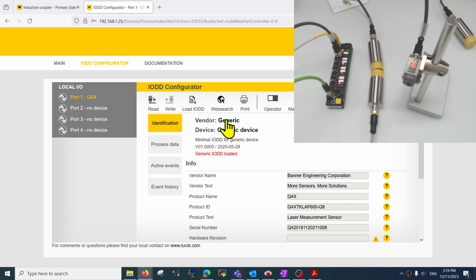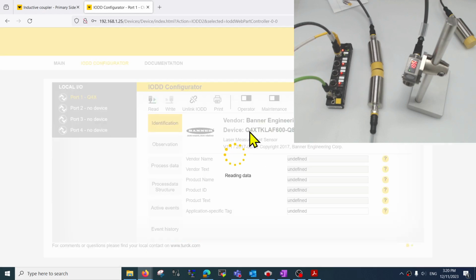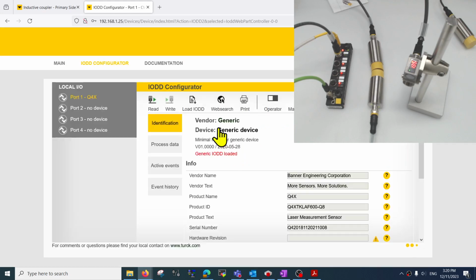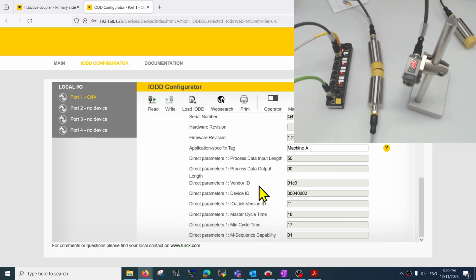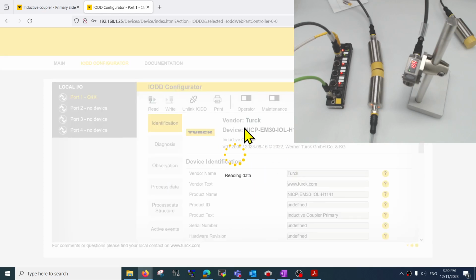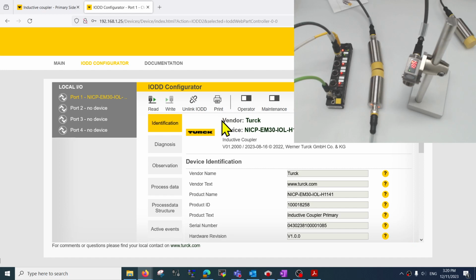Make sure you are in the generic device mode. If you are not here, you can click the unlink IODD file. If the IODD is loaded, there is an unlink option. Over here in the generic file, backspace and fill it out with enter config mode. Now click write. Wait a while and you go into the page with the